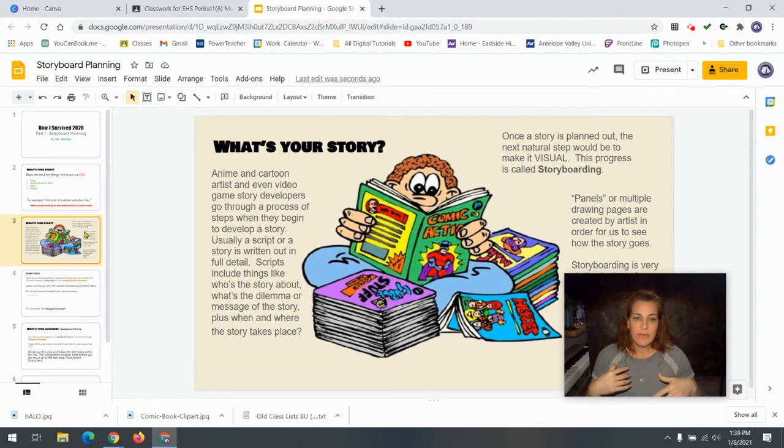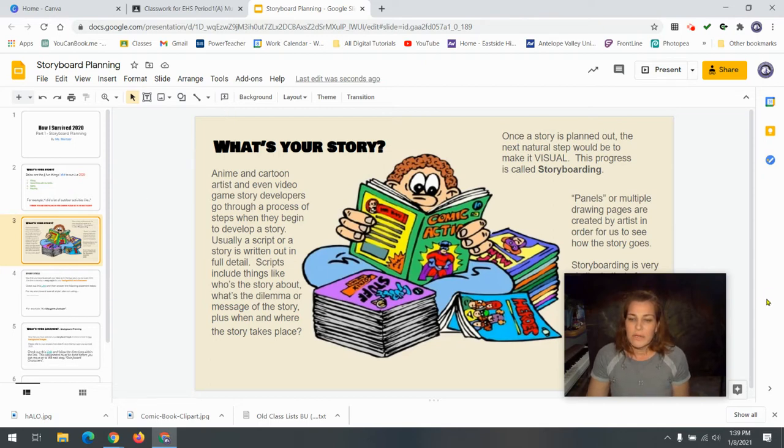Like myself, I like to be able to not only verbalize and write down my ideas, but sometimes it takes an image, a picture, something that I can share with others so that they can also see my ideas. And so that began the whole process of what we call storyboarding.